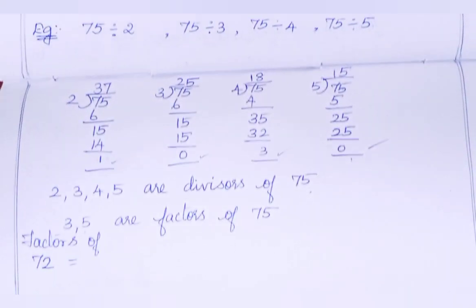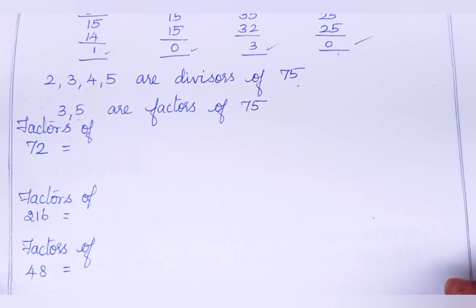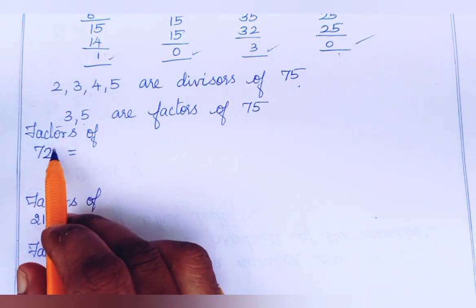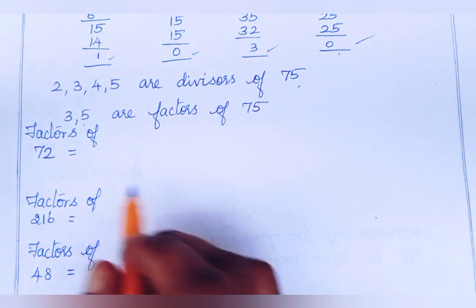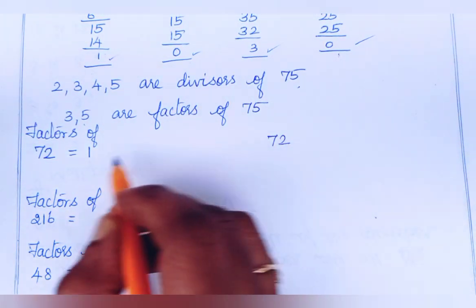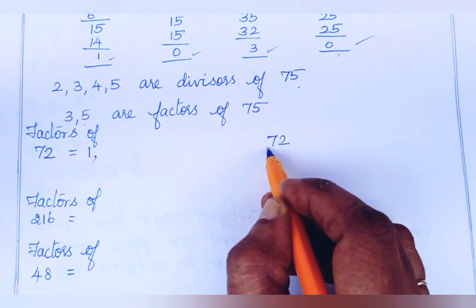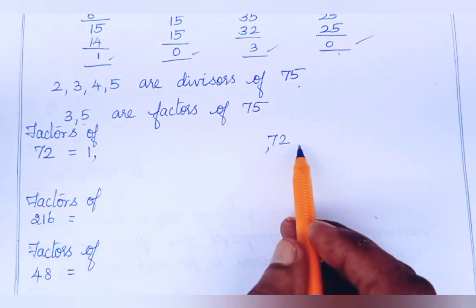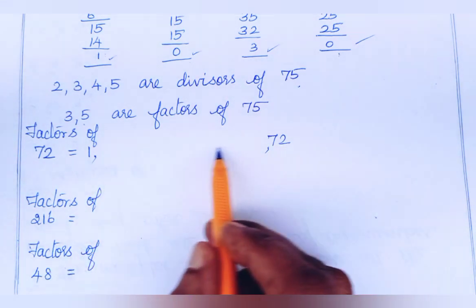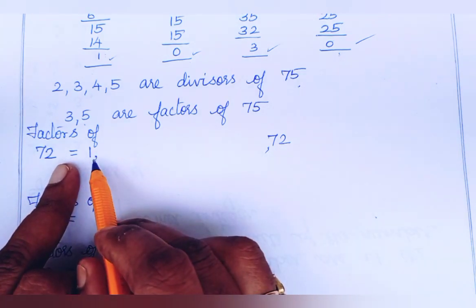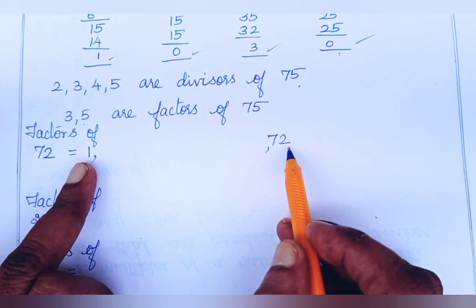So, here we are going to find the factors of a few numbers in an easy way. I have taken 72. We are going to find the factors of 72. We know 1 and the number itself are the first two factors of any number. So we should write 1 and 72 separated, since we can write all other factors in between 1 and 72, since all other factors lie between 1 and 72 alone.